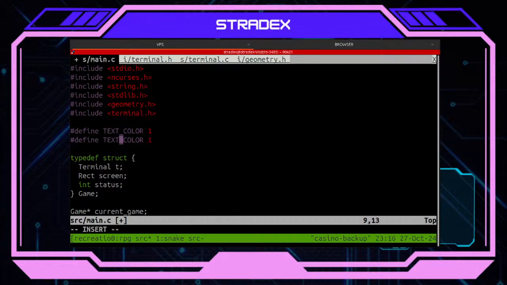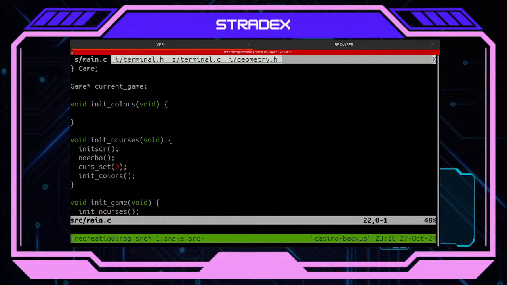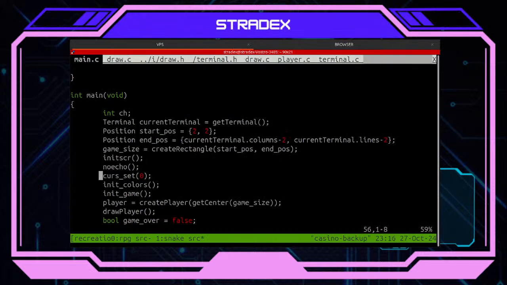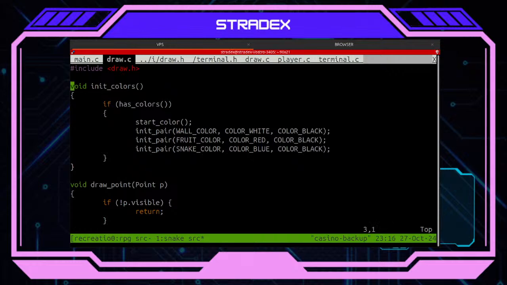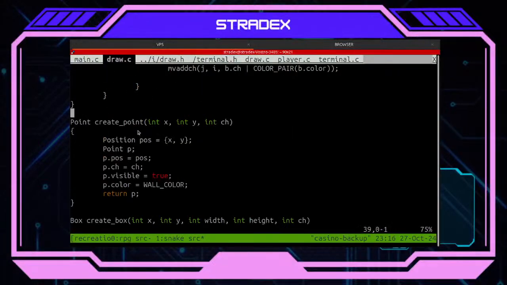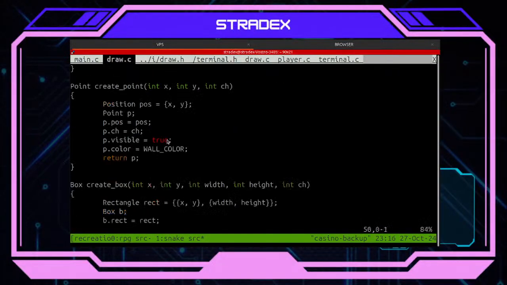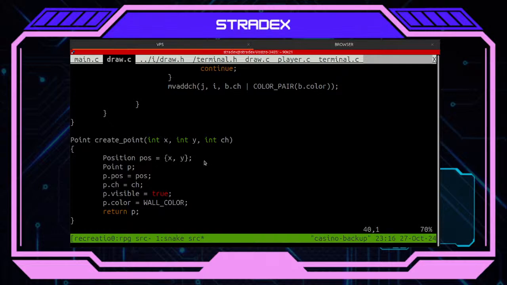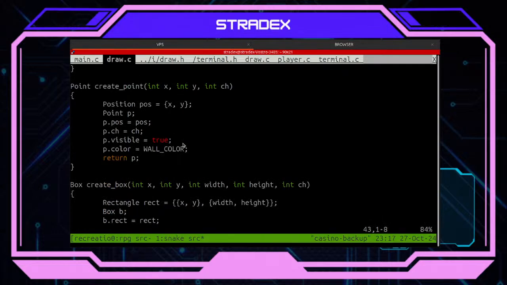Text color, border color. That's good enough for now. Okay, so basically here I want this. I basically want create point, create box.